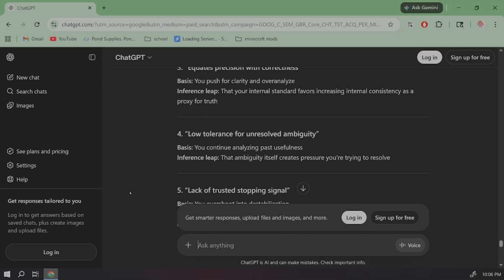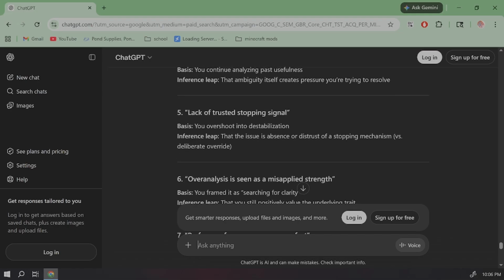Now at this point, the reflection is going to feel much more accurate. But I want to be very clear about why. Nothing magical happened. The AI didn't suddenly understand me. I gave better input, and I challenged the output. That's the entire process. If I keep going, refining, challenging, separating, I can make this more precise over time. But even here, I stay aware, because if I stop questioning it, I'll start believing it, and that's where people lose clarity.